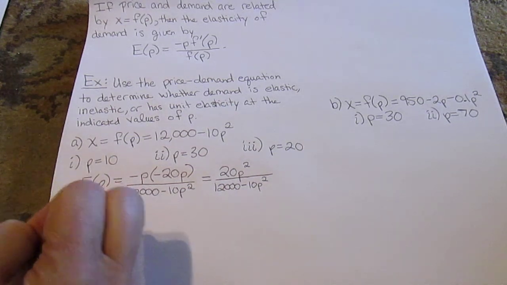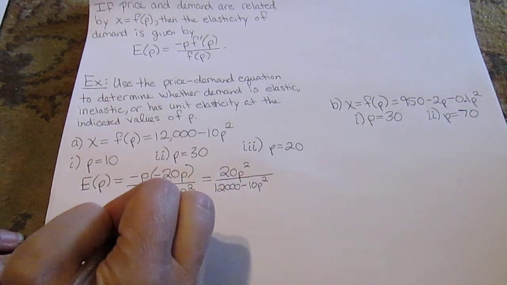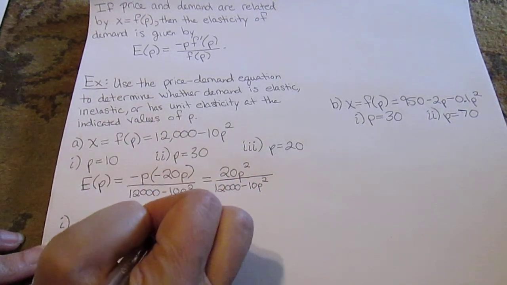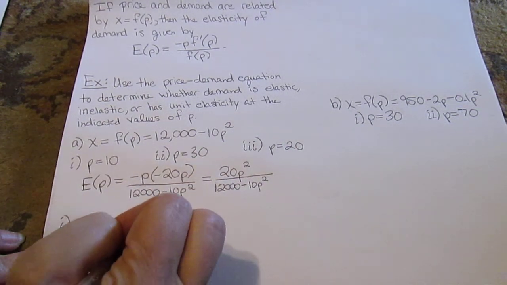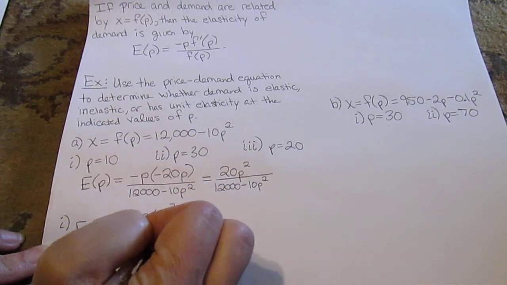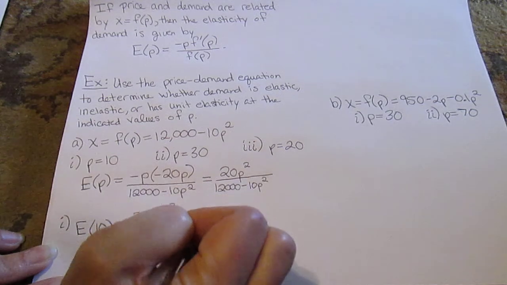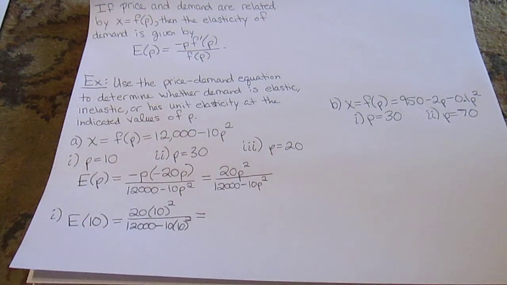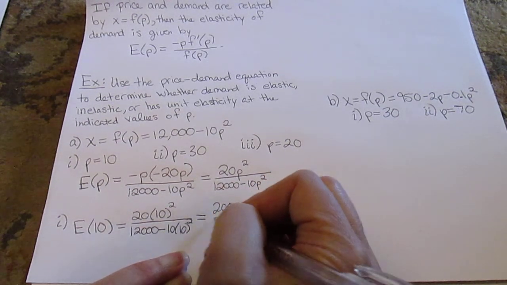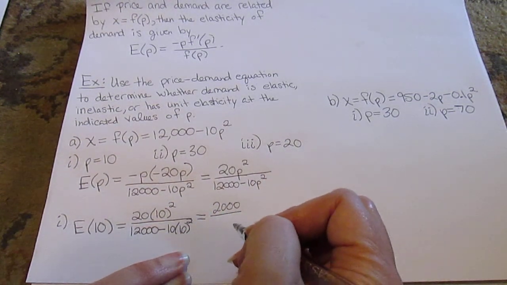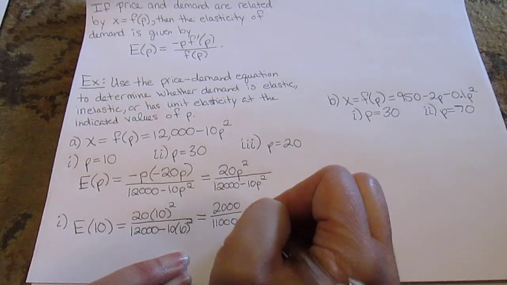So part I, E of 10 is just going to be 20 times 10 squared all over 12,000 minus 10 times 10 squared. And then I did it ahead of time, so when I put this in my calculator, I got 2,000 on top and 11,000 on bottom, which gave me